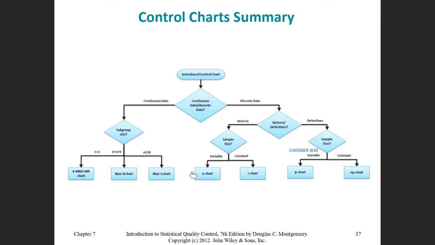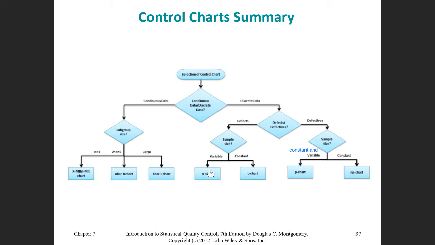Like for developing the U chart or C chart, or even the P or the NP, you are developing a single chart, whereas here on this side, you are developing two charts underneath each category. So this is one of the advantages, and we said one of the disadvantages is that it requires a large amount of